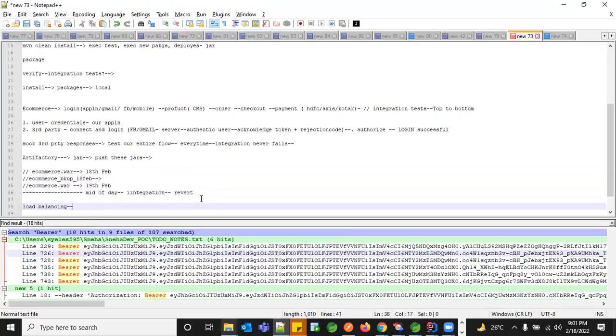Like, if there are two servers for your e-commerce application, the server running on 8080, and another one also running at 8080, but it is a passive port, so that it is not running every time. Only if this server, say the X server, is down, only then the Y server on 8080 will be up. So these are the plans which we make whenever there is an issue in the other server.